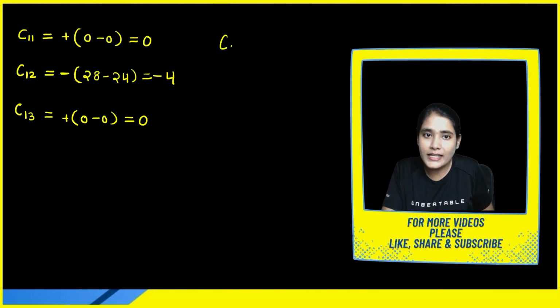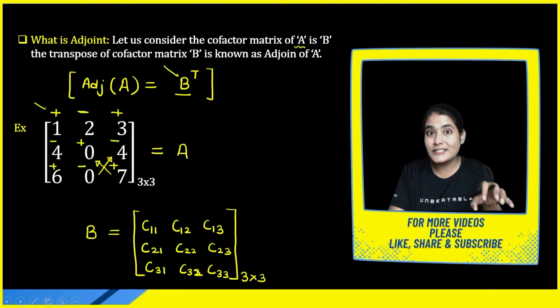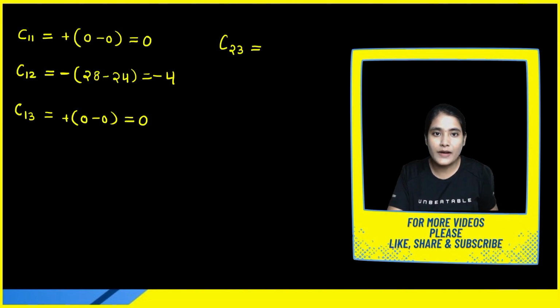Similarly, we can find the value of C23. Now you are observing how much time it is consuming to find the simple adjoint. Okay. So first we will solve with the help of the conventional method. Then after you will realize how we are going to save our time and how efficient this method which I am going to give you is. Okay. So first find C23.